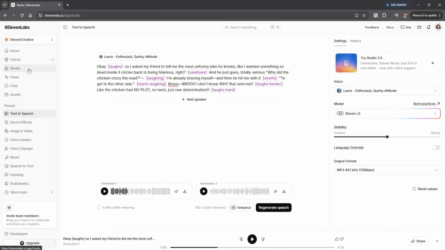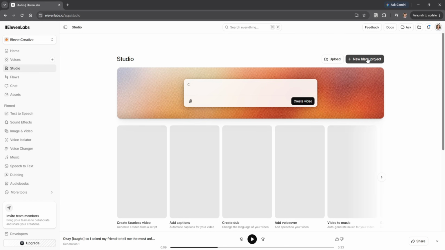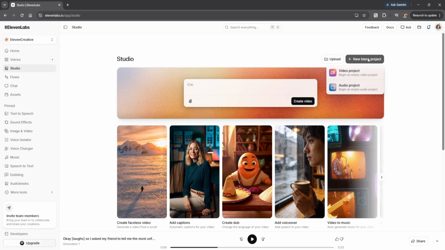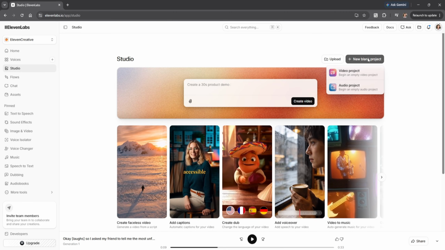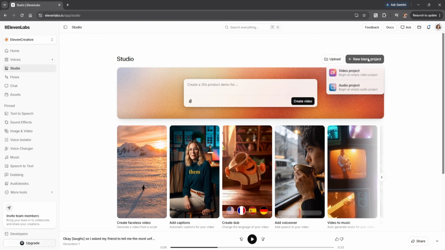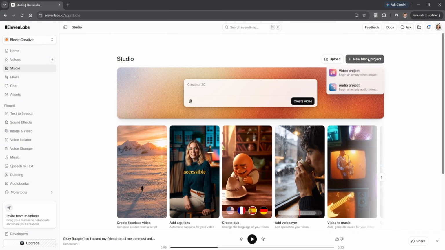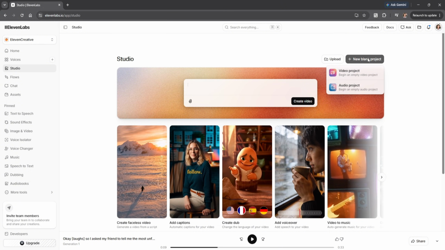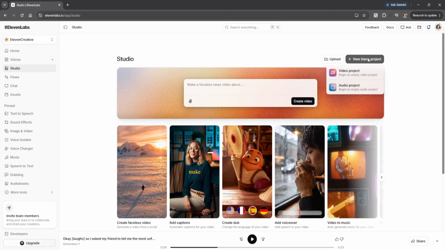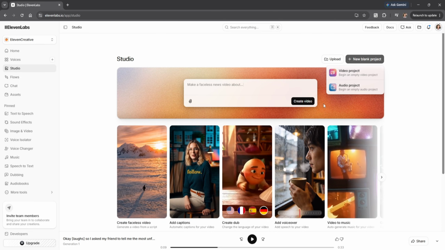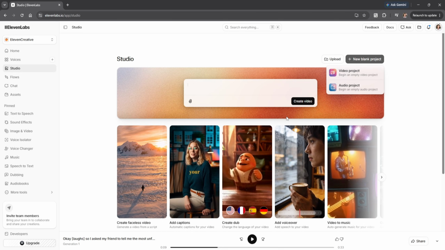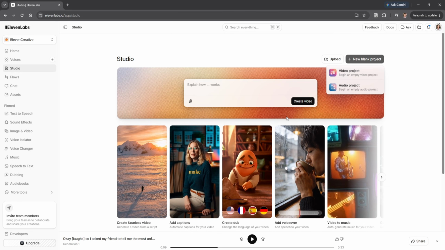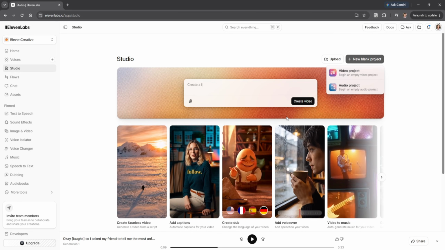Click Studio and click this New Blank Project button. Here you can organize your generated audio, edit specific sections, assign different voices to different speakers, and preview the entire narration before exporting. So when everything sounds right, you can click export and choose the highest quality audio format available on your plan. You can save the file, then import it into your favorite video editor to add visuals, subtitles,